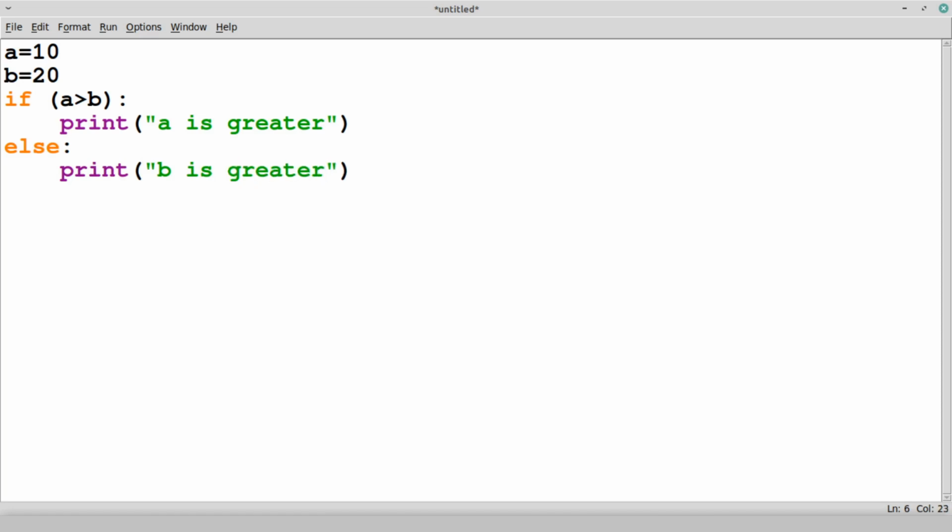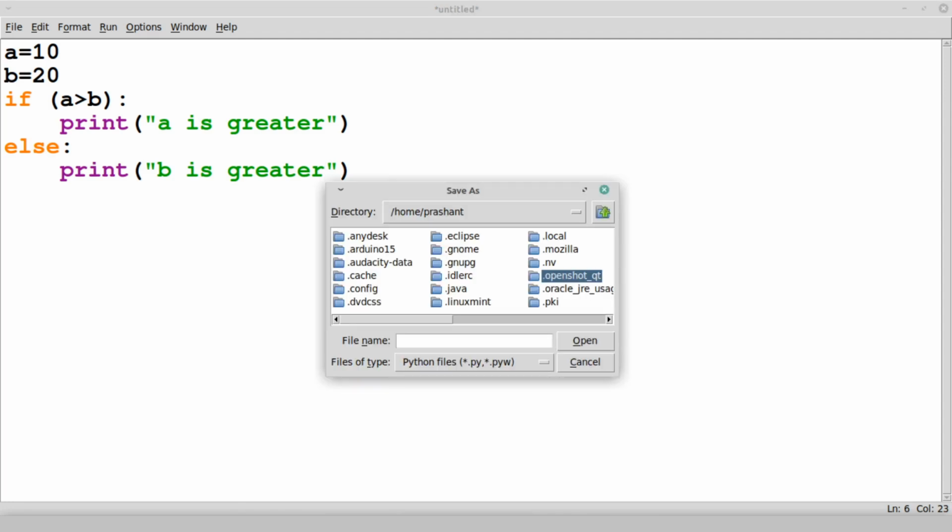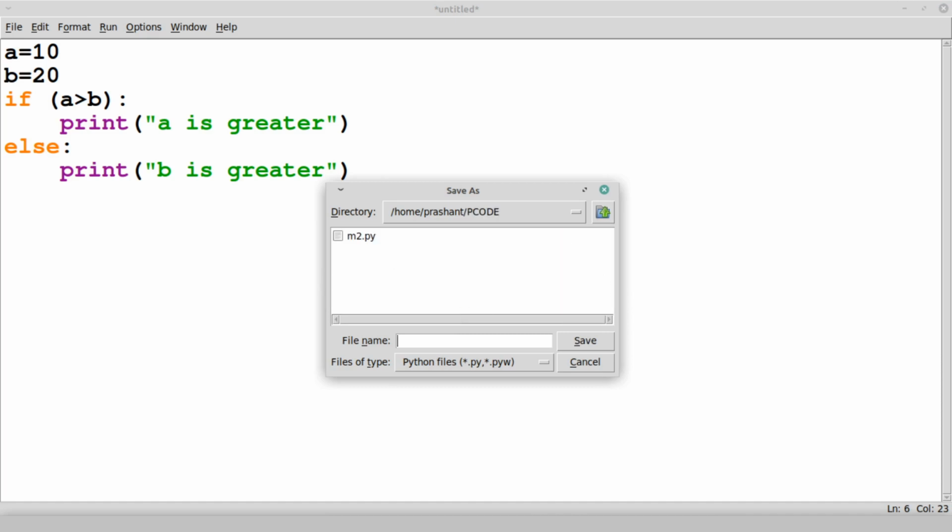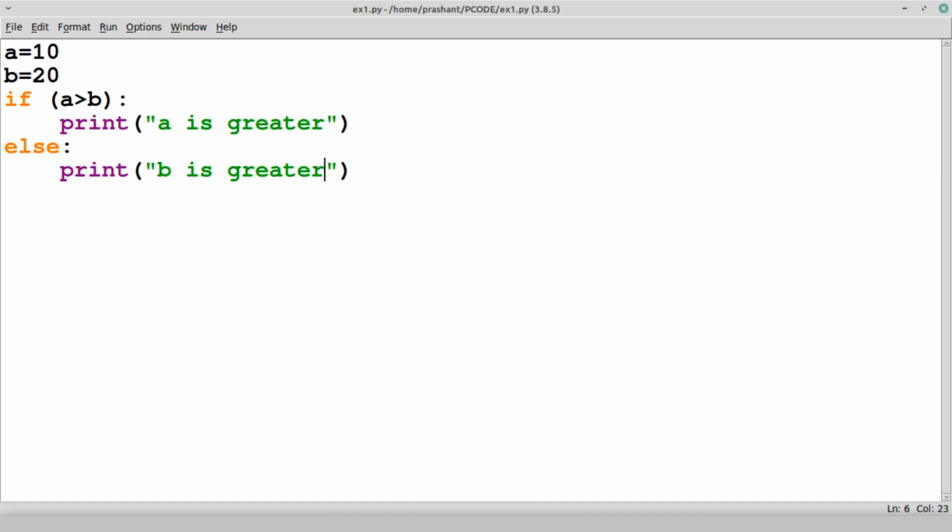That's it. So save this program. I saved this program as ex1.py.